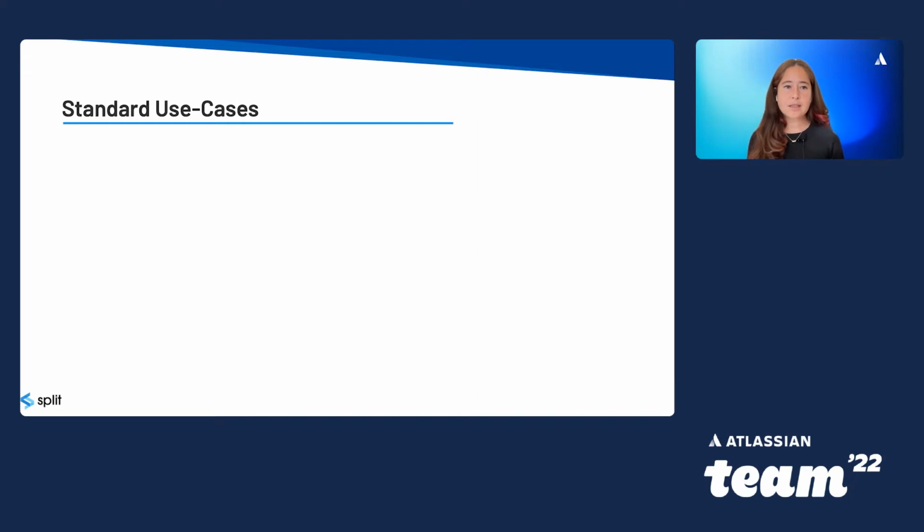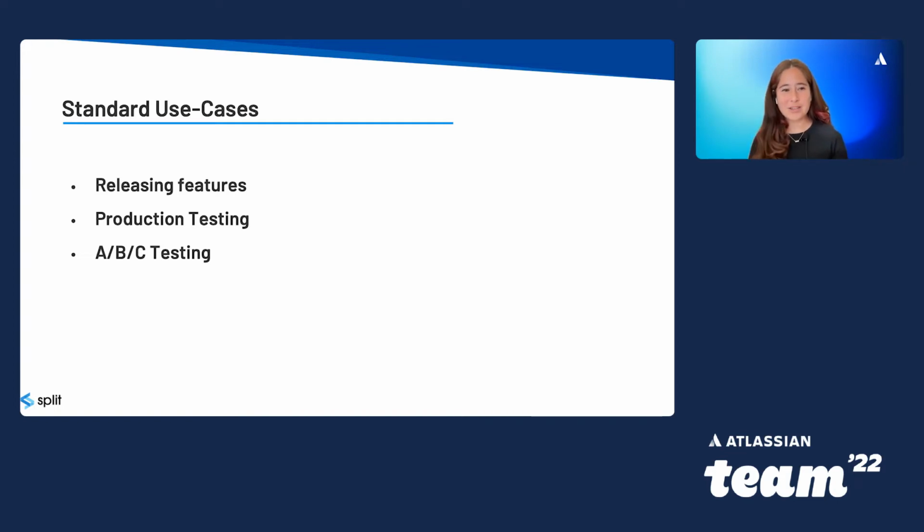So what are some of the standard use cases? First of all, releasing features, and then there's production testing. So basically making sure that your features work in a production environment without affecting everyone. ABC testing. I include the C here because sometimes you have more than two different options you're evaluating. You might have 3 or 4, but you're being able to test various options on something and seeing what performs